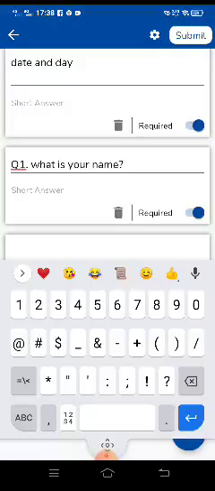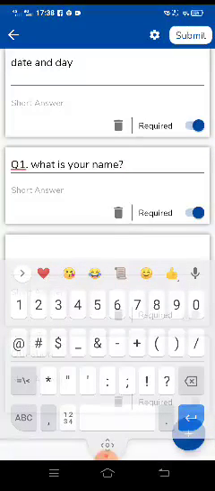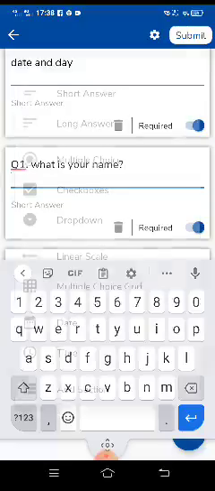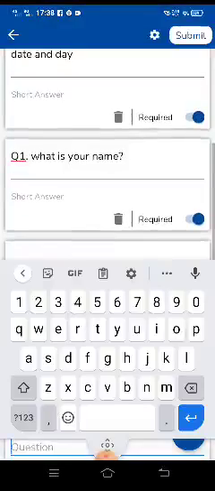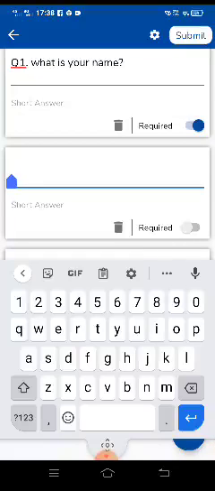Now make it required. Required means it is necessary to write the answer. Then next question. We are giving them the next question. Here I am writing question 2. Same, required is compulsory.